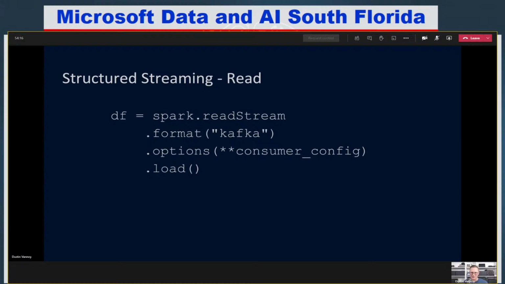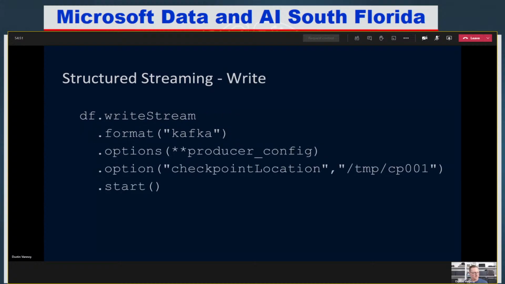Spark is our Spark session. We'll see that just comes already available in the notebooks. It's not too hard to create if you're not using Spark notebooks. So we'll do our spark.readStream. And that's pretty much how we kick off a streaming read. We just need to tell it a format. Kafka is the API that I'll be using here in Azure. And then each format will have its own set of options to configure it, such as what are the servers I'm pulling from, any credentials that I need to access it. And then .load is going to say, I finished configuring my read. This is my initial definition of a streaming data frame here.